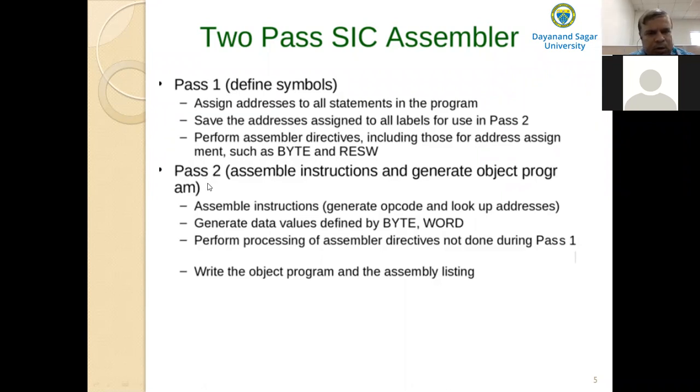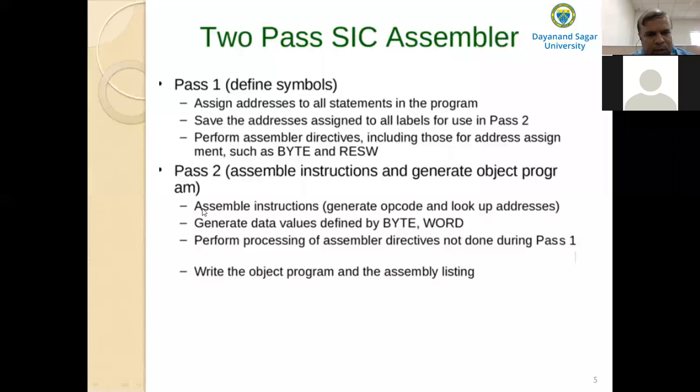In pass 2, we assemble the instructions and generate the object program. That means we translate the source program into the object code. The detailed function of pass 2 is mentioned here.